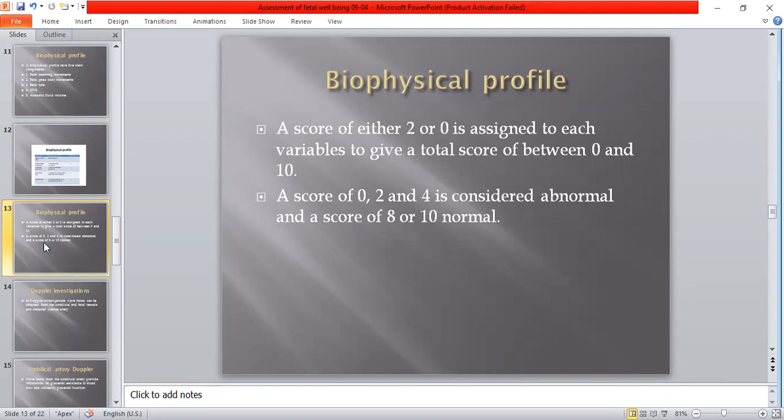And if we have done a biophysical profile and determined that the score is less than 6 or equivocal, it means that the fetus is already at severe hypoxia, so it may not improve the fetal outcome. So there is currently insufficient evidence from randomized trials to support the use of biophysical profile as a test of fetal well-being in high-risk pregnancies.